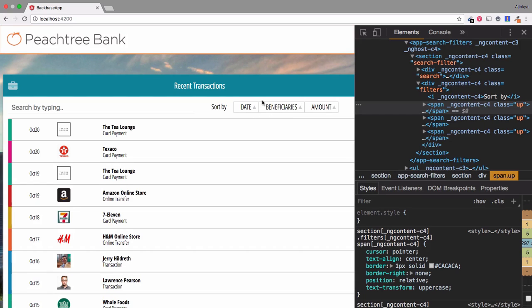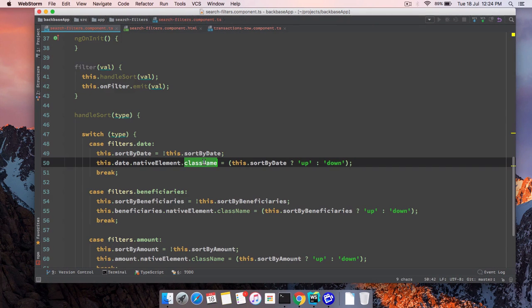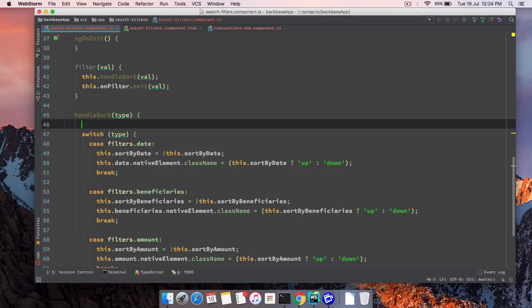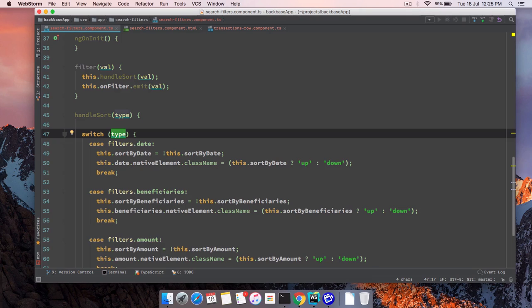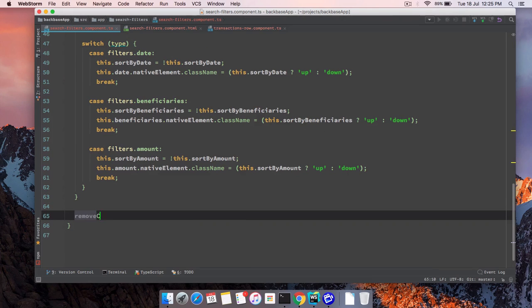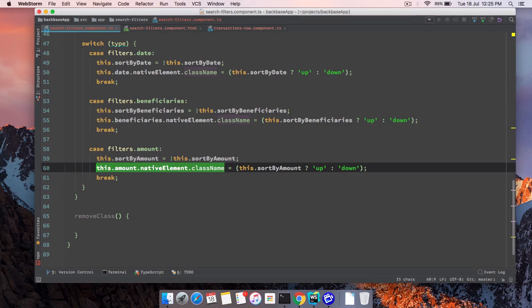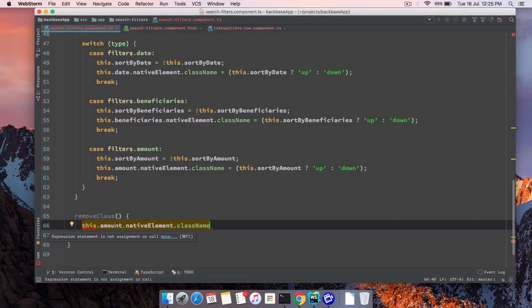So to do that, whenever we click on any of the filters, before appending or updating the class name, I'm going to remove the class name from all the spans and simply update the matching type. It's very simple. So I'm just quickly going to write a function over here called remove class, and remove class will remove class from all the native elements. So simply you have to get them all like this dot amount dot native element dot class name is equal to empty,